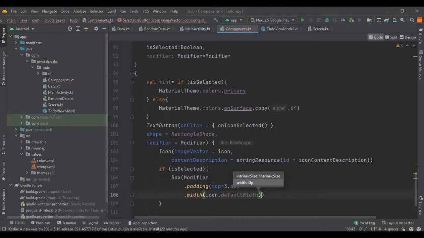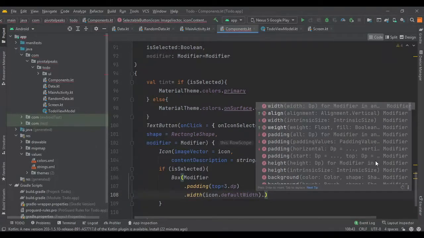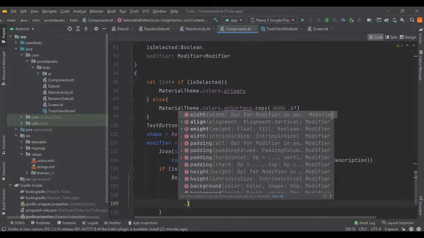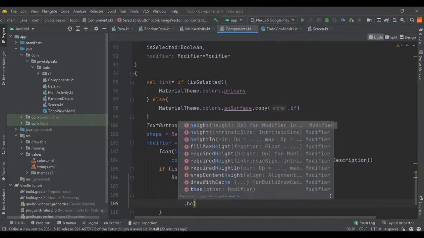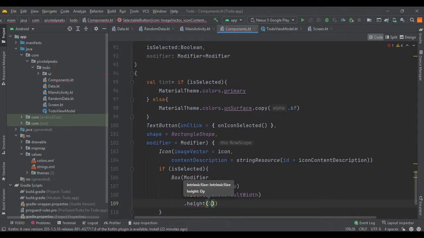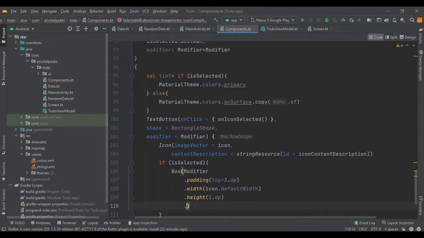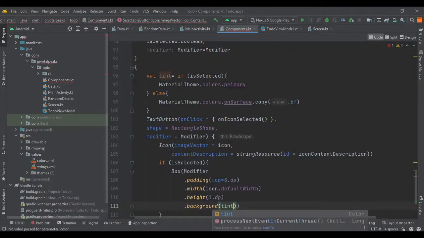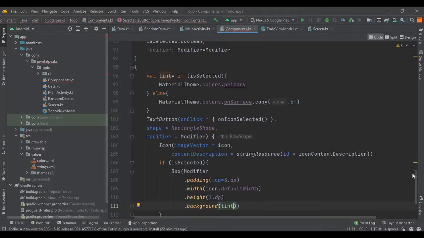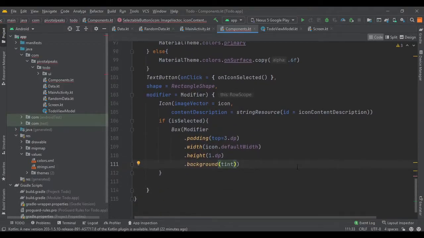And for height, as I mentioned earlier, we won't give it too much of a height, so it will look like a line, so give it just 1 dp. And for background we are going to use the tint color. Let's pass the tint, and these are all the properties for a selected box.